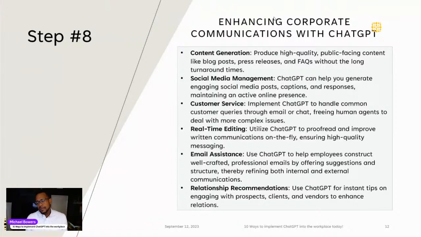The boss says I got to make a post about adding Botox to our services. ChatGPT, generate a LinkedIn post, a Facebook post, and a MySpace post.